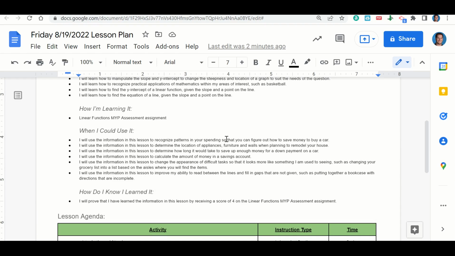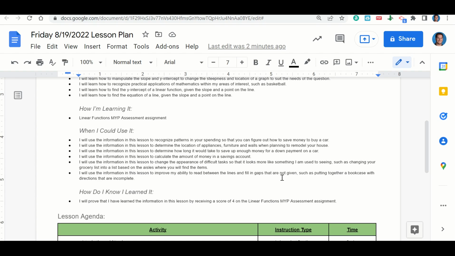To recognize patterns in your spending so that you can figure out how to save enough money to buy a car, to determine the location of appliances, furniture, and walls when planning to remodel your house, to determine how long it would take you to save up enough money for a down payment on a car, to calculate the amount of money in a savings account,